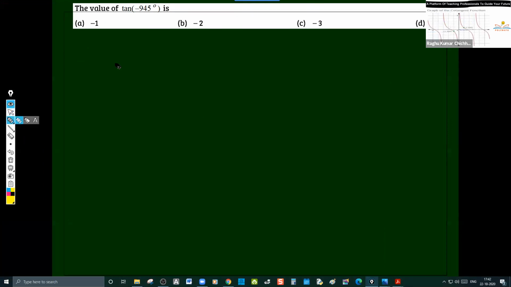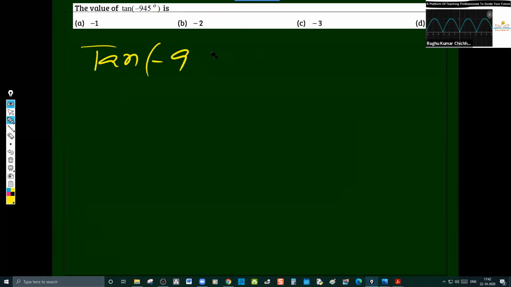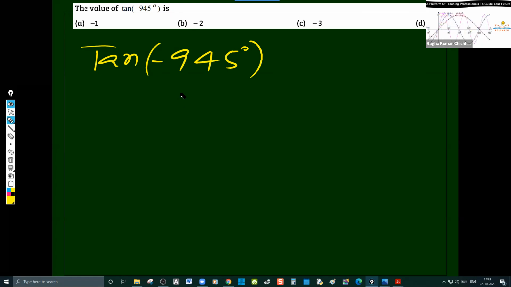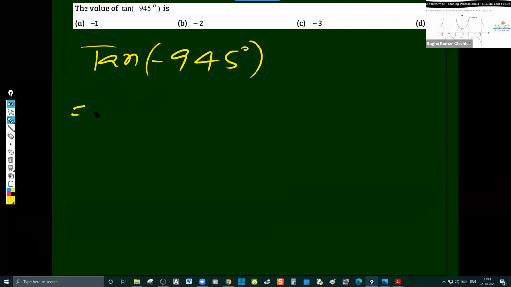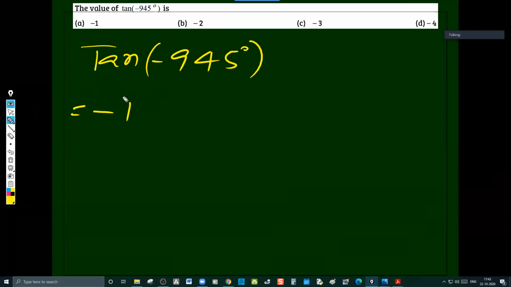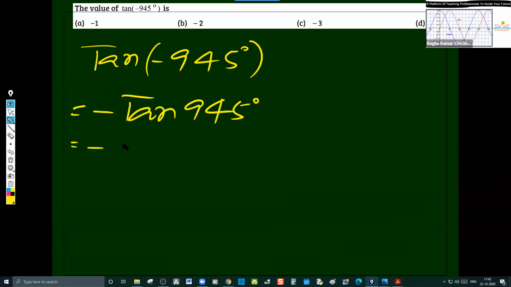It is tan of minus 945 degrees. We don't need this much of a big page for this one, but generally I wrote that. So what is tan of minus theta, please? Minus tan theta. Yes, bring that minus out. Only for cos, the minus won't come out. So this minus comes out, so minus tan of